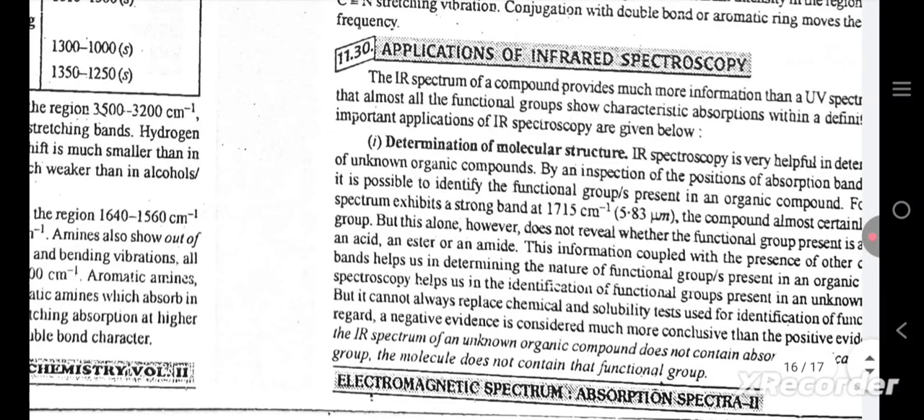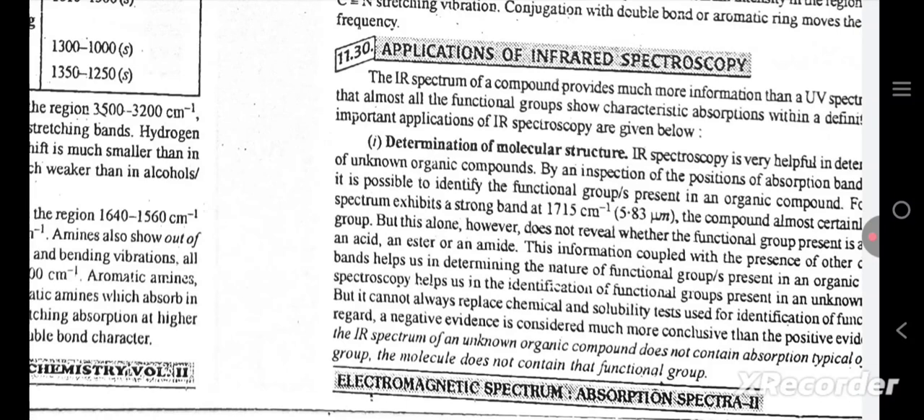Applications of IR spectroscopy. The IR spectrum of a compound provides much more information than a UV spectrum. Almost all the functional groups show characteristic absorptions with definition. Important applications of IR spectroscopy are given below. The determination of molecular structure by IR spectroscopy is very helpful in determining unknown organic compounds. By an inspection of the positions of absorption bands, it is possible to identify the functional groups present in an